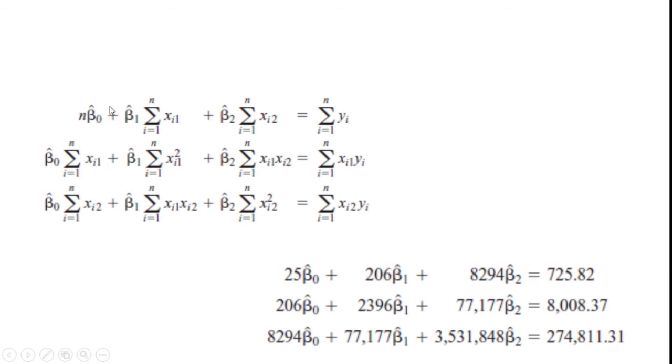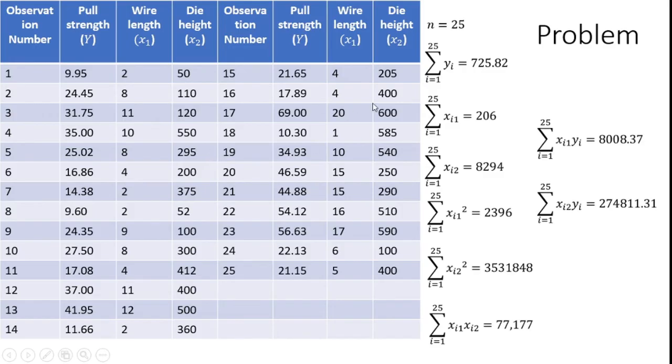For that reason, I identify the values beta naught, beta 1, xi1, xi2, summation of xi1 square, summation of xi2 square, and also summation of xi1 and xi2. Here, equation 2 has summation of i equal to 1 to n of xi1 into yi, so that I get the product of the considered independent variable and response. These are all the things I calculated from the initial available table.